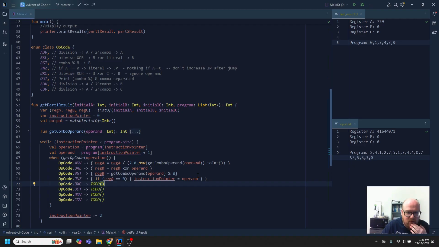And the easiest thing to do is operand minus 2, so that way I can just do instruction pointer plus equals 2 every time. Although, there's no real nice way, I think, to write that in terms of code other than doing an if. If other people had to read it, maybe I'd do if operation equals jump 0, don't increment or something like that. But okay, so now BXC is